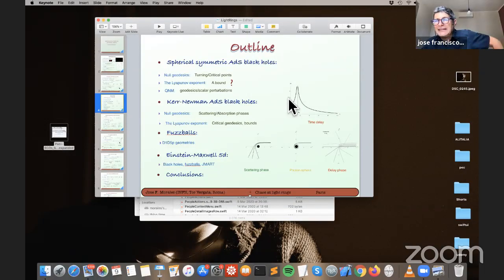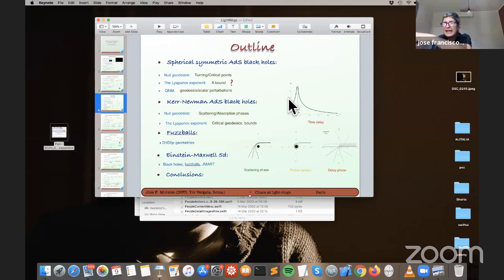What is different is the relation. You see, in the black hole, this ringdown mode is completely determined by the mass and the spin of the black hole. You completely find what is lambda, what is omega, what is the relation, what is the frequency, what is the relation between them. Okay. In the fuzzball, this depends on more parameters. Therefore, this will be completely different. Lambda will not be related to the frequency in the way that general relativity predicts, because there are other parameters entering in the game.